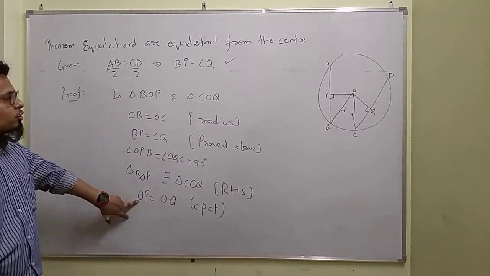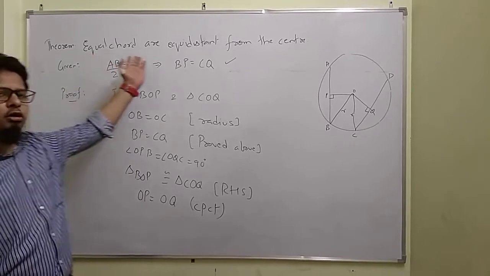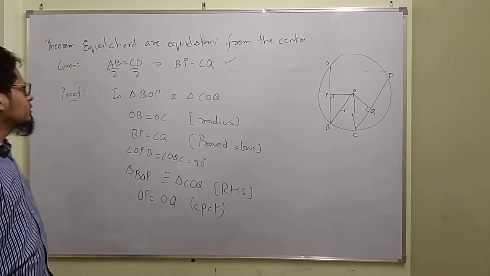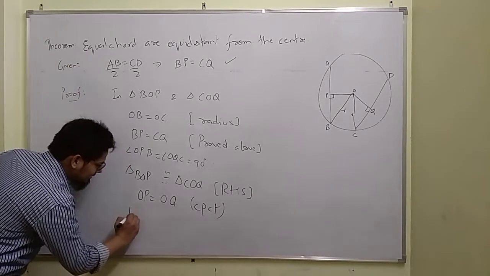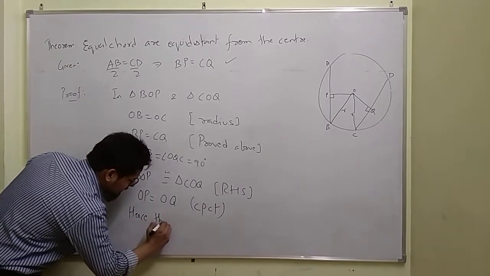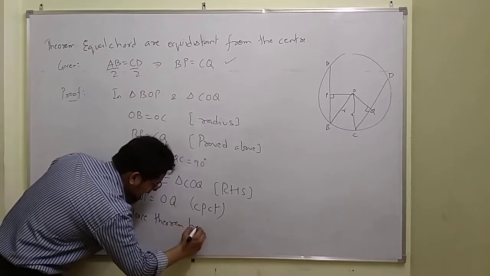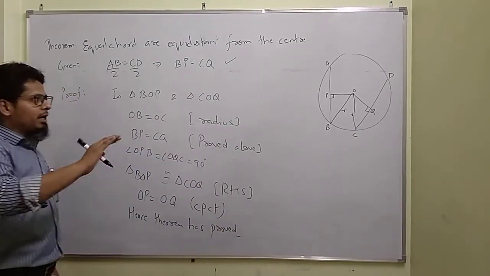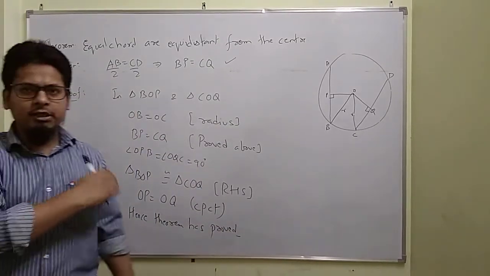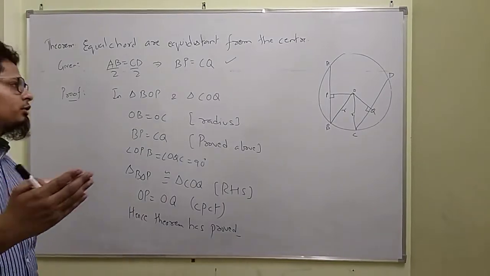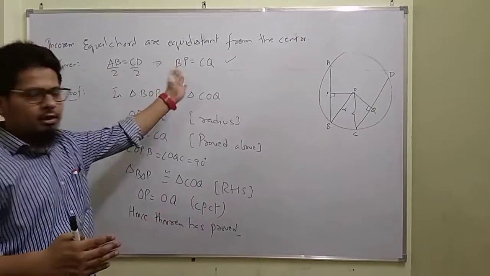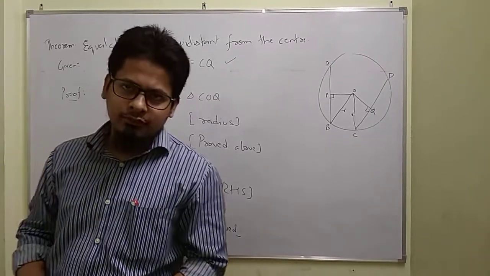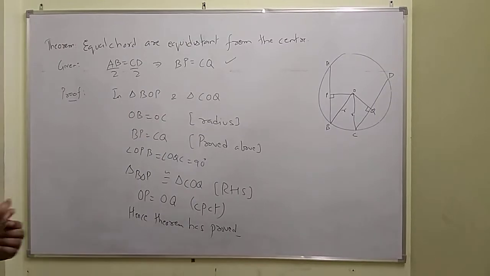It is the distance. So what we get is if the chords are equal, then both are equidistant from center, right? So now we can say, hence the theorem is proved. Okay, it is our answer. And next, I'm going to explain the converse of the theorem. In that, we will have the distances equal, and we will prove that the chords will be equal. Okay, class. Now let's have a look.